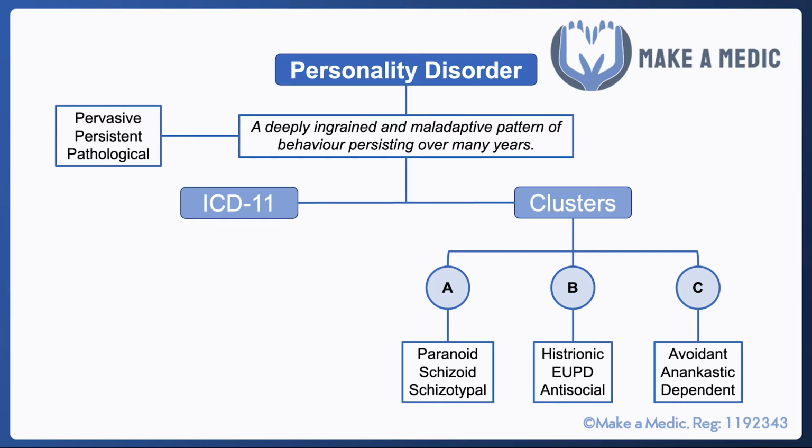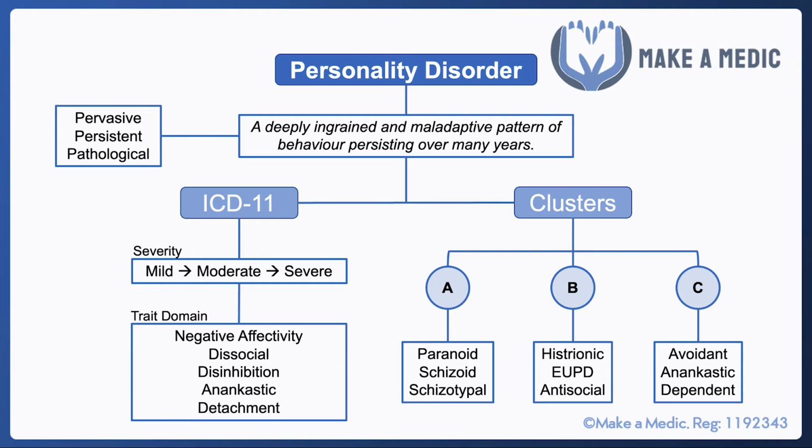However, the more up-to-date version is the ICD-11, which basically divides personality disorders based on 2 criteria. So one of them is a severity, so mild, moderate, or severe. And the second is the trait domain, so the aspect of their personality that tends to be affected or considered pathological in this case. So I'm just going to go through the trait domains to explain what each of them